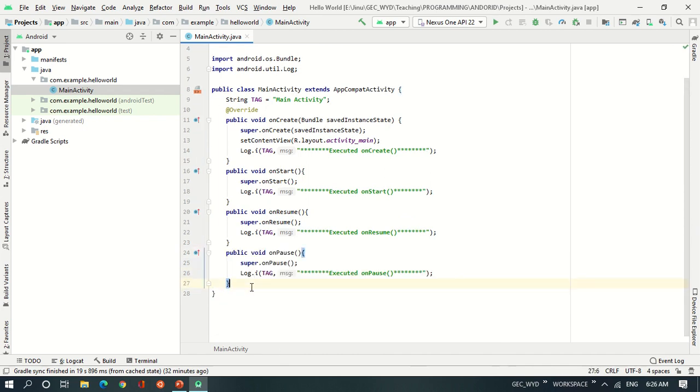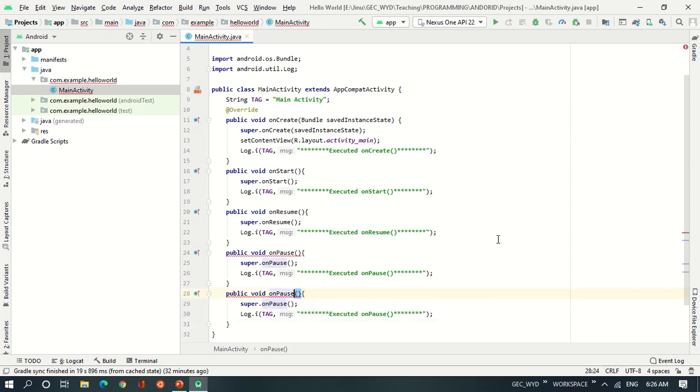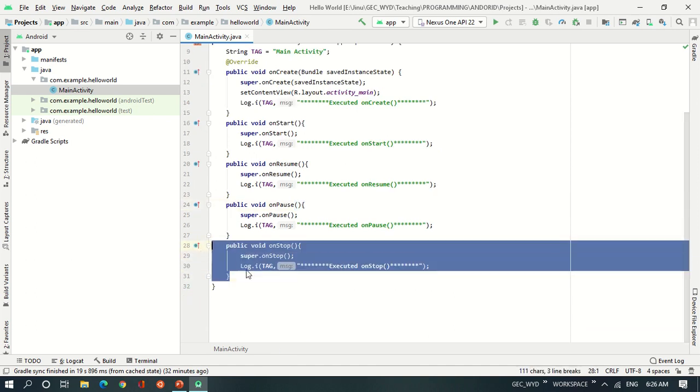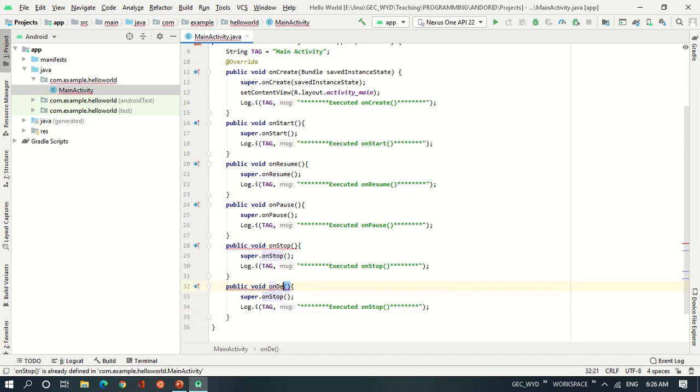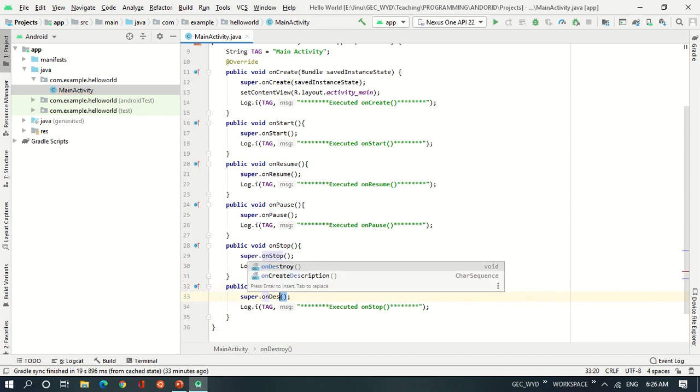I call the stop callback. Then the onStop of the super class is called. I'll say I have executed the stop callback, and at the last I have the destroy callback, which we might not be able to show because currently it doesn't have an exit button.